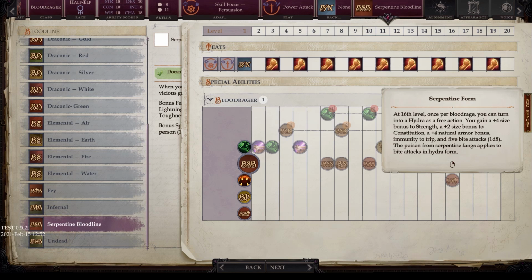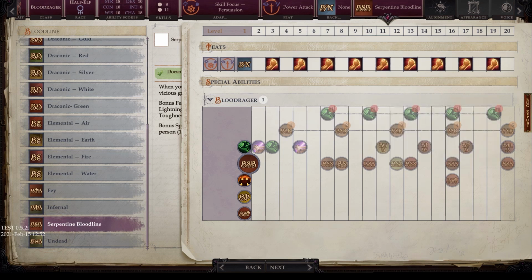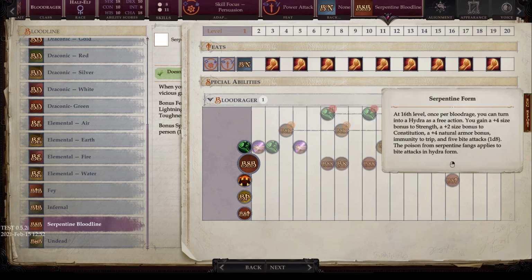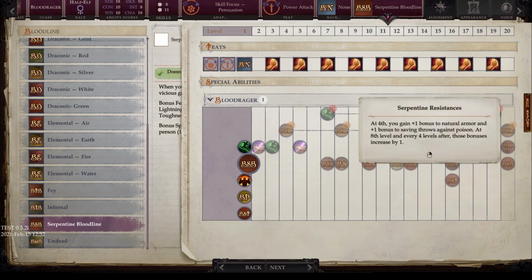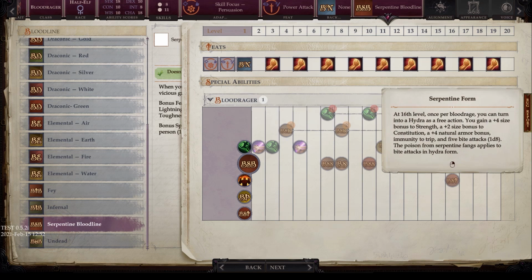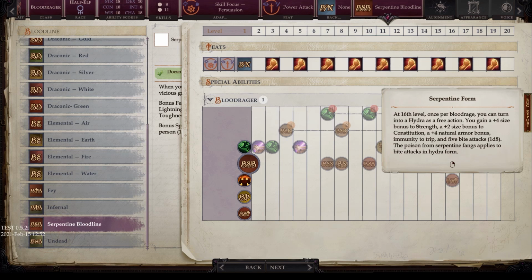+4 size bonus to strength, +2 natural bonus to constitution, +4 natural armor bonus. Now, I don't know if this stacks with your Serpentine natural armor bonus. I really hope it does. Normally, different forms of natural armor do not stack, but this would be silly if it did not, because at 16 you already get +4, so this would do nothing for you. Again, if it stacks, awesome. If not, this is a little bit of a buzzkill, but you still get immunity to trip,